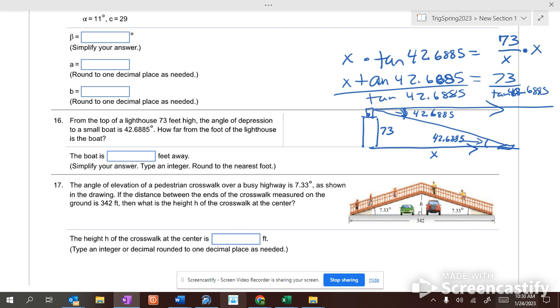And then you get how far the boat is away, which is, I would say, about 77, 78. I don't know. What is it? 73 divided